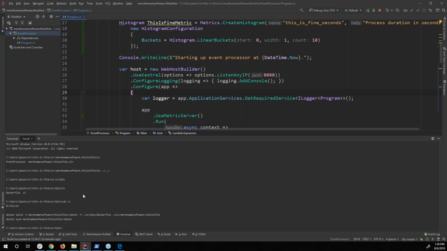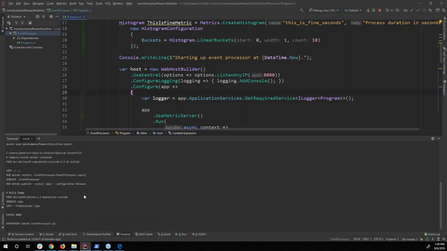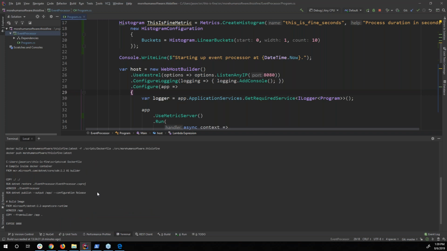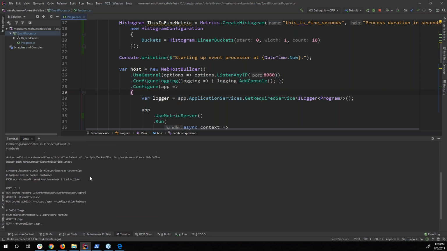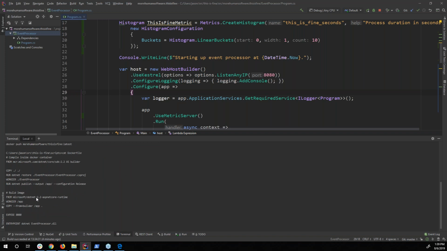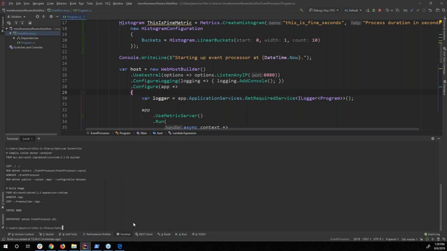The Docker file's here, but the Docker file is stupid simple as well. So we cat the Docker file. We can see it's actually a multi-stage build. It's grabbing the .NET SDK, doing the build, and then using the .NET runtime to actually run the application. This is the stupidest simple version of a .NET microservice you could possibly build